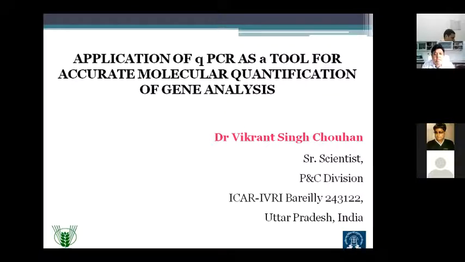Thereafter, what is the difference between PCR, qPCR, and RT-PCR? We go on to discuss PCR and qPCR, and how we analyze and interpret the PCR data for getting an accurate result. So how to optimize the accuracy of gene quantification by qPCR, and what different guidelines are required for publishing PCR data.